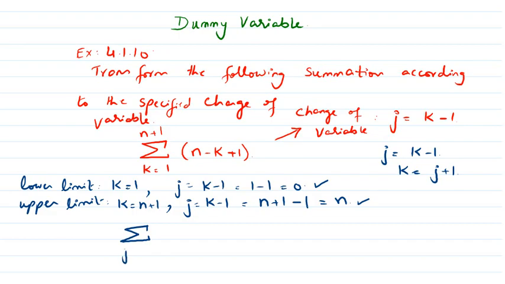ठीक, जिसकी हमने अपर और लोअर लिमिट्स अभी फाइंड की हैं. So it is going to start from 0, it is going to end at n, and upon which I have to apply the summation, that is going to be n minus. अब इस k की जगह, ये जो k है इसकी जगह मैं क्या लिख सकती हूँ, j plus 1. So writing, let me write it within the brackets because only k is being replaced by j plus 1. ठीक, and the plus 1, that is a prevailing term.